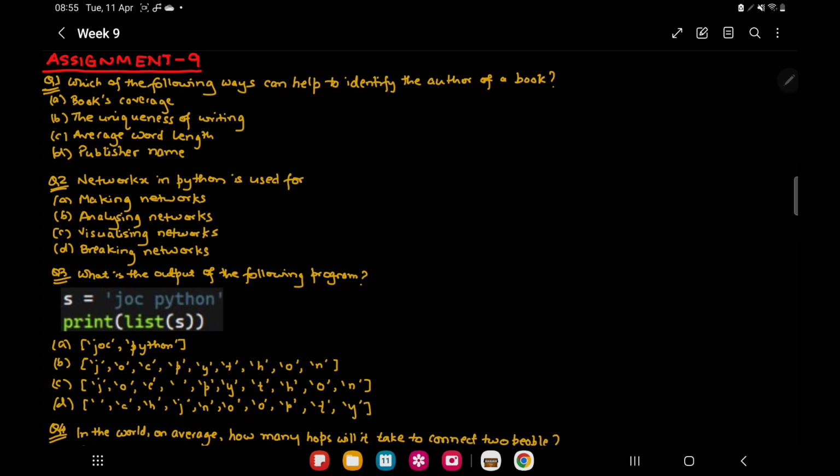So this is for week 9, and in week 9 we have learned some new things like networks. So the aim of the assignment problems is largely based on solving questions from the networks package. And also